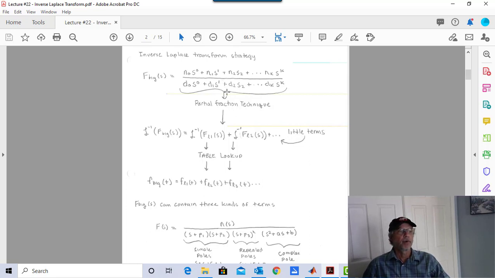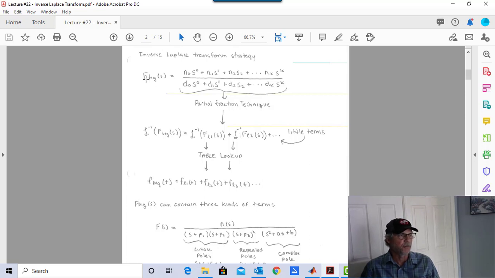So the partial fraction technique is what broke F big into F little. Then we're just going to take the inverse Laplace transforms of all our little terms. And when we do that, we're going to end up with F big of t,